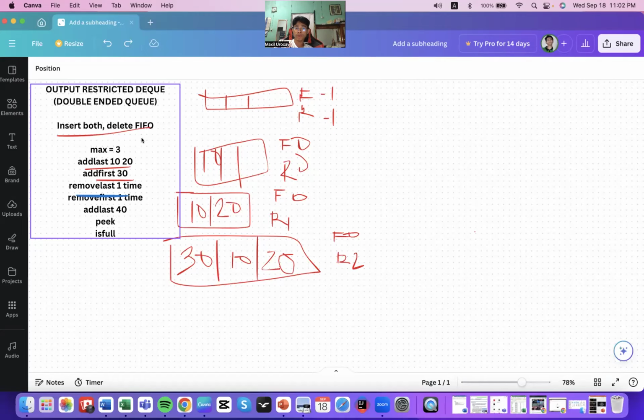Now, let's move on to the remove last one time. Remember that deletion in output restricted DQ, we are following the FIFO principle. That means we can only delete at rear position. So remove last, therefore, we can remove the 20, which will be the last element. So it means 10,